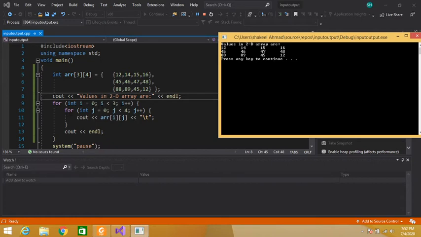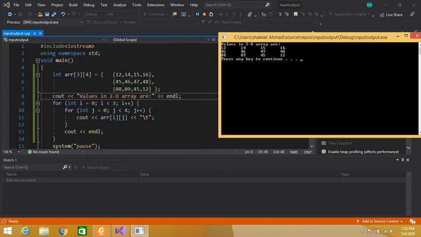Condition becomes true, so the control enters here. j is equal to 0, j is less than 4, j contains 0. So 0 is less than 4, yes, the condition becomes true. So cout arr of i 0, j contains 0. So 0 row 0 column. So this value is at 0 0 index. So 12 is printed on the console window.